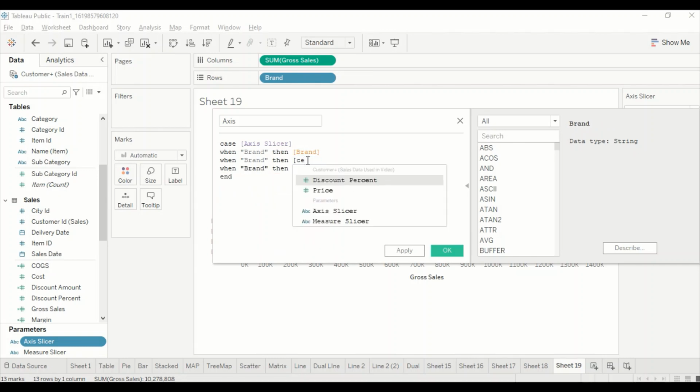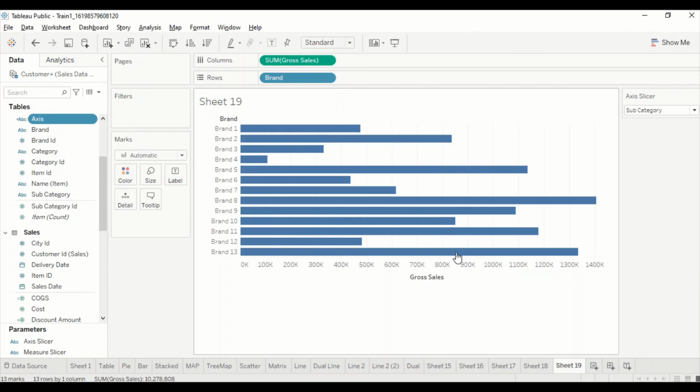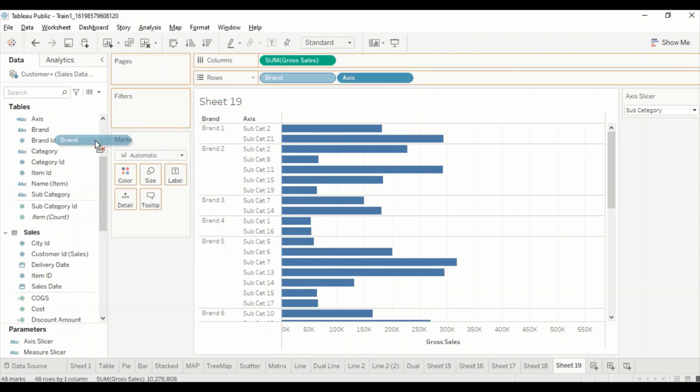Now for me it's very simple. I'm going to write down category. I take category, and why I'm doing this is because I'm going to copy this from here just to make sure things are written correctly. If the spelling is wrong there in the parameter, it is not going to work out. So irrespective of copy paste from anywhere, the spelling there should be correct. Okay, so now we are done. Let's say okay. Now let us see whether we can do it. What we are going to do is, in the axis we are going to put this and we're going to remove this.